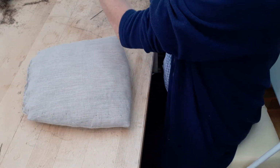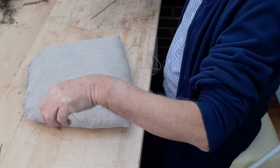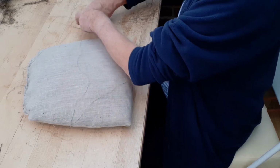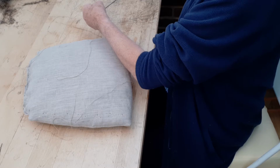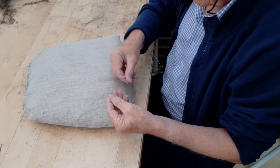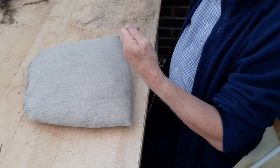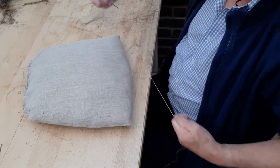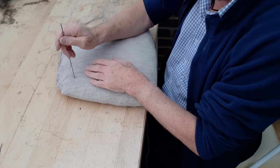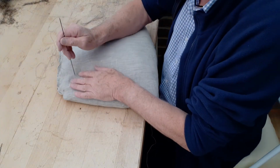Now what we're going to do is just get yourself a length of twine. And we're going to hold the top and bottom together. Now, don't go too near the edge because we've got to do a lot of stitching here, but somewhere